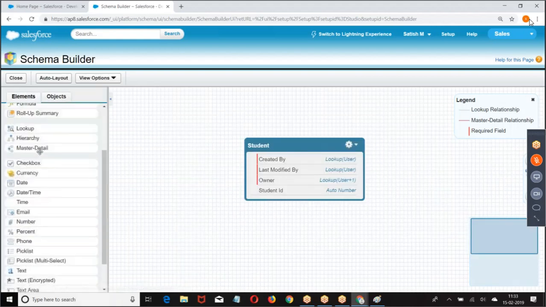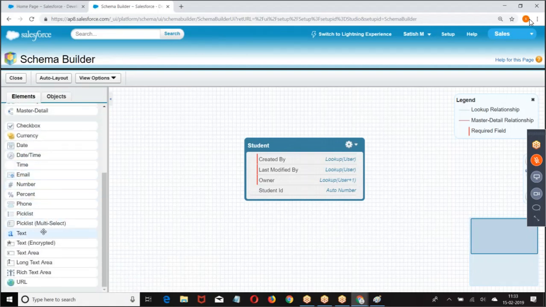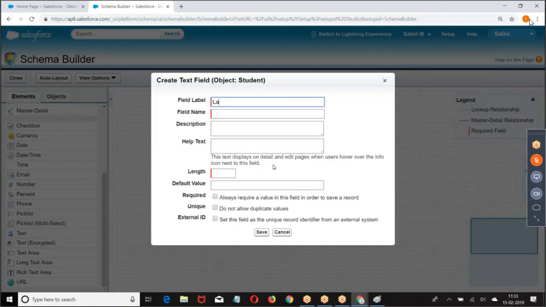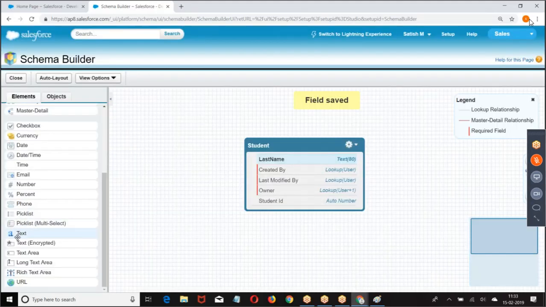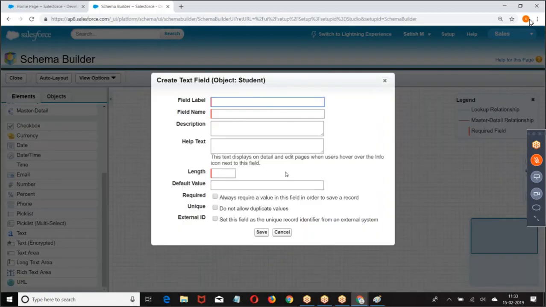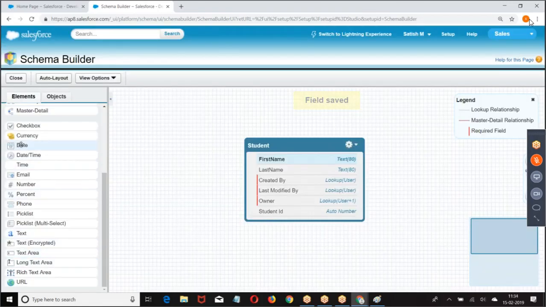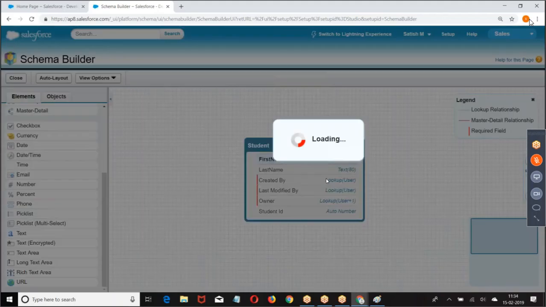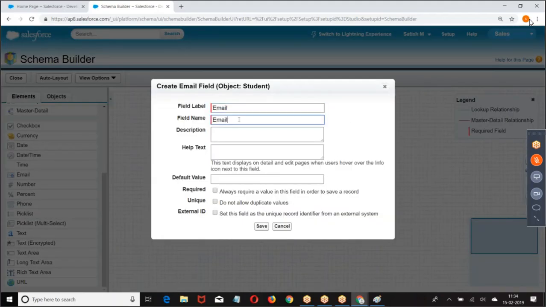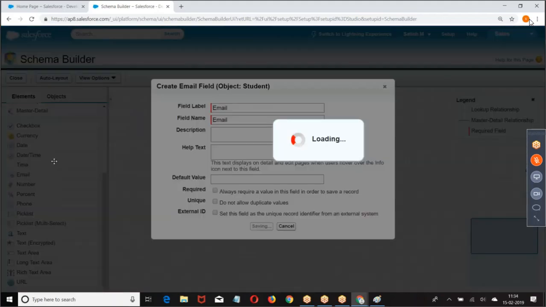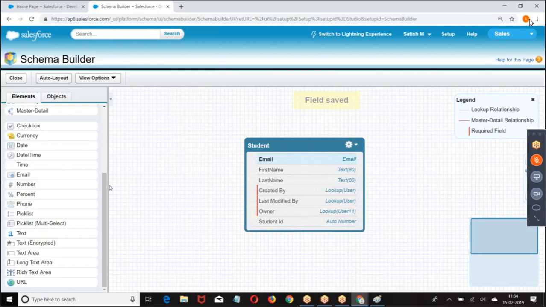Then what are the fields I had? Last name, first name. Now I'm considering that the data is already existing. There is an object which is already existing. Then we have last name, first name.